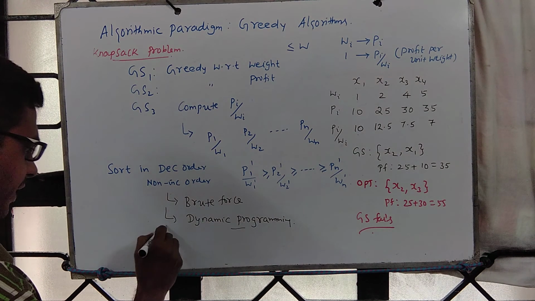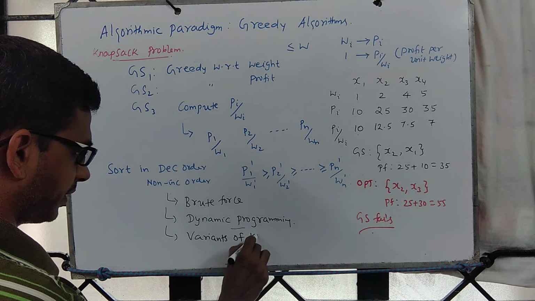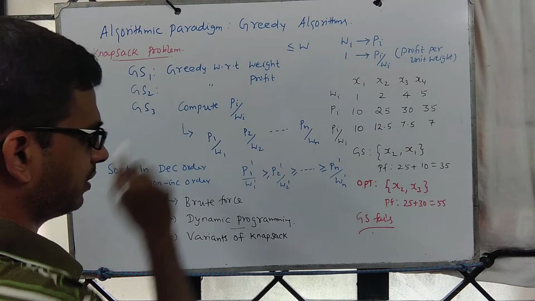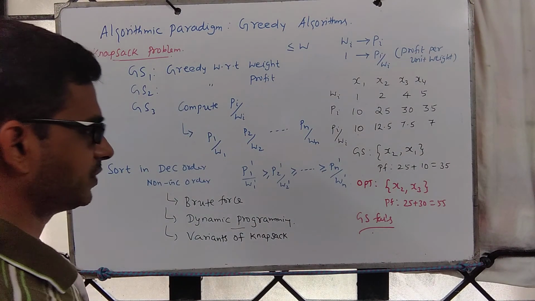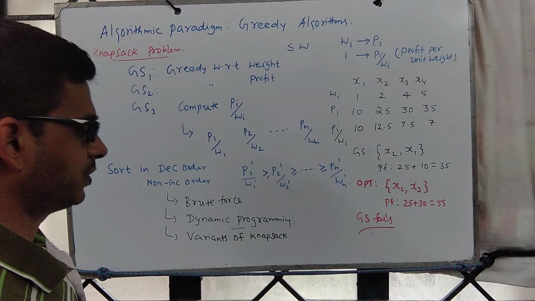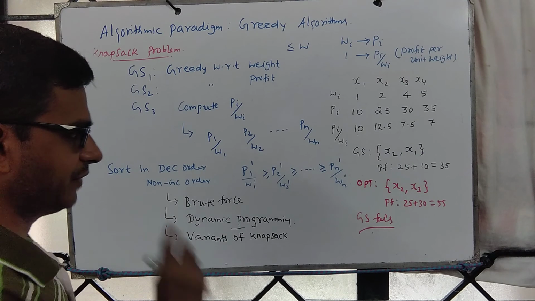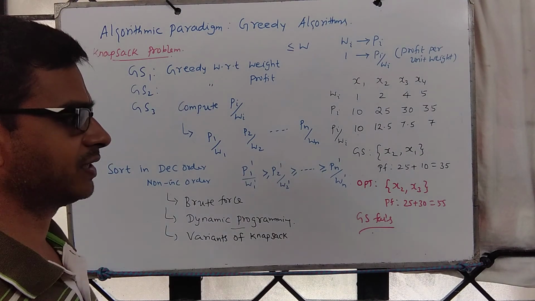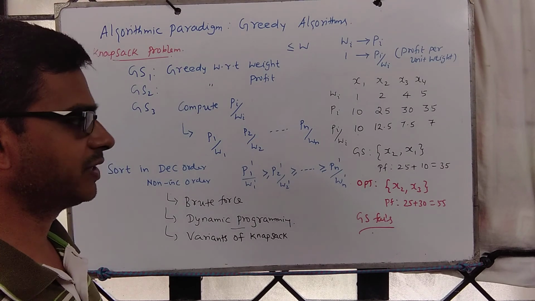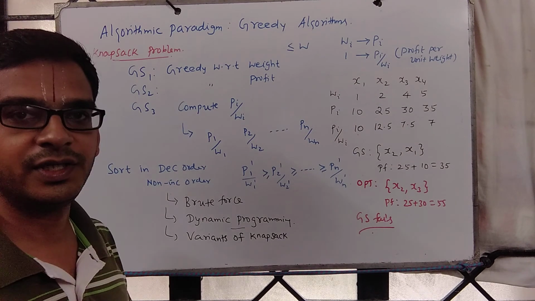The other thing is we can look at variants of knapsack. What modification do we bring into the problem definition so that there is a greedy algorithm for the variant? So, can we think of some variants of knapsack? Can we restrict the input by bringing some additional constraint? That also we will see. Okay, so we shall look at a dynamic programming based solution. Also a couple of variants of knapsack which we can solve using greedy strategies.